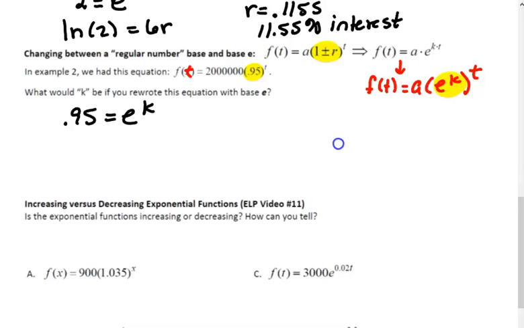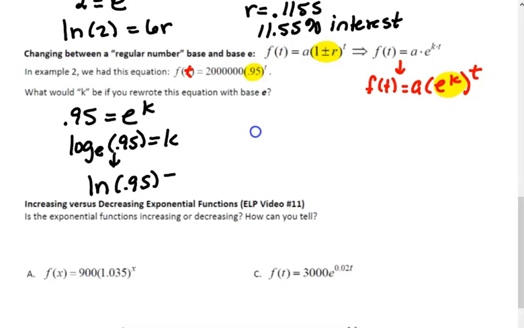So once again, log base e of 0.95 equals k, but remember we're going to write this as natural log of 0.95 equals k. So in order to change the base 0.95 to an e raised to a power, the power is just going to be natural log of 0.95. And natural log of 0.95, if I do that on my calculator, happens to be negative 0.05129. So I could write this equation as f of t is equal to 2 million